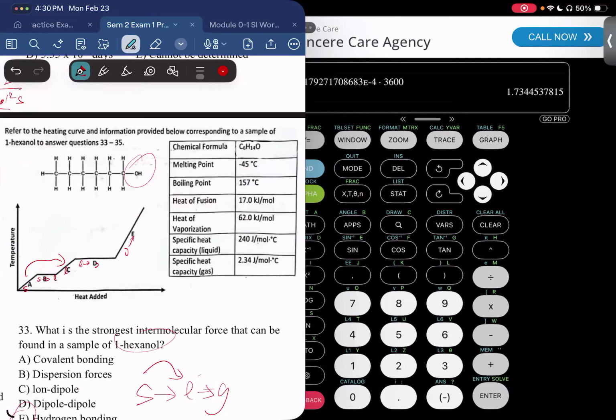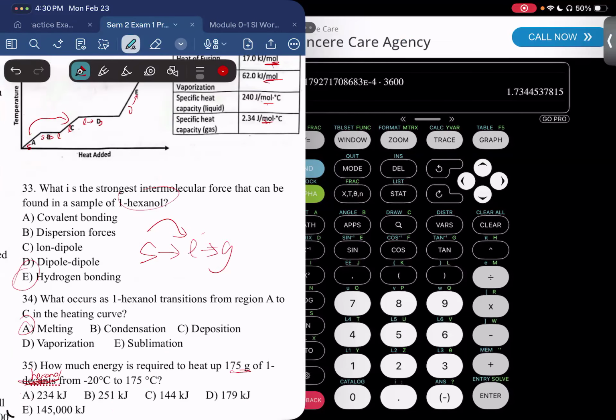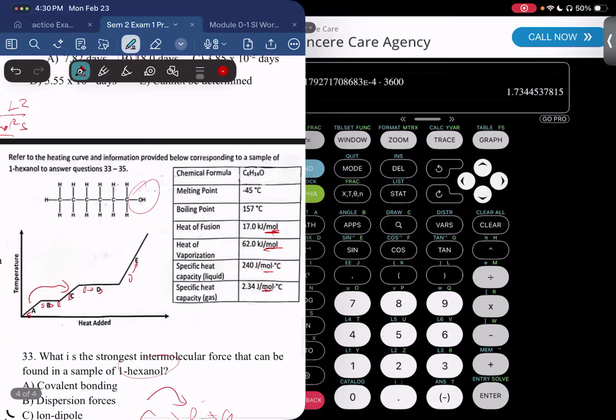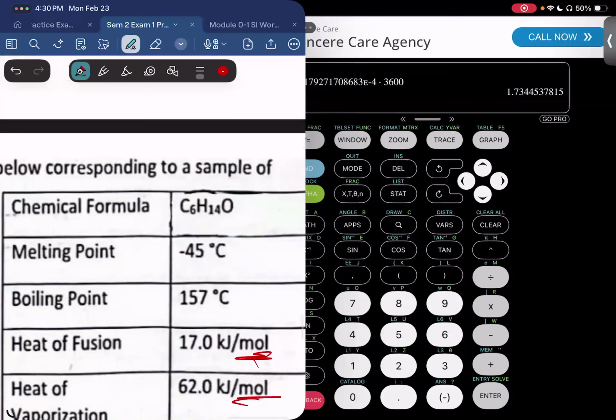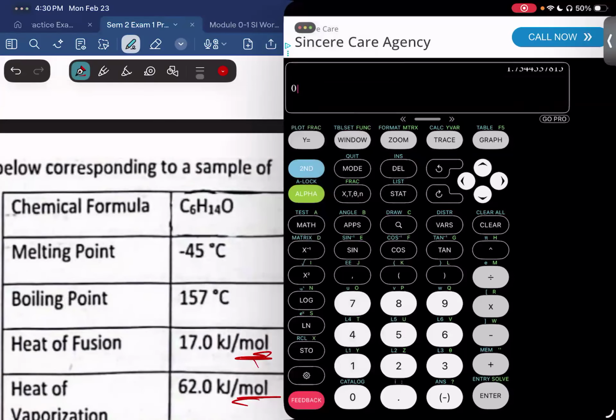Something you need to know, because this might be on your exam, is that it says moles here, and we have this in grams. So we need to convert this 175 grams into moles. We have the molar mass, so let's first figure out the molar mass: 6 times 12.011 plus 14